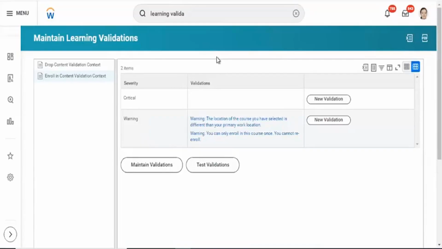I took some training, and in the training I learned the validations we can do for enrollment and dropping the enrollment. You can tell them and give them exposure to how it works. In your organization, you can configure warning messages and critical messages, blocking the enrollment and blocking the drop enrollment options. You can propose that.